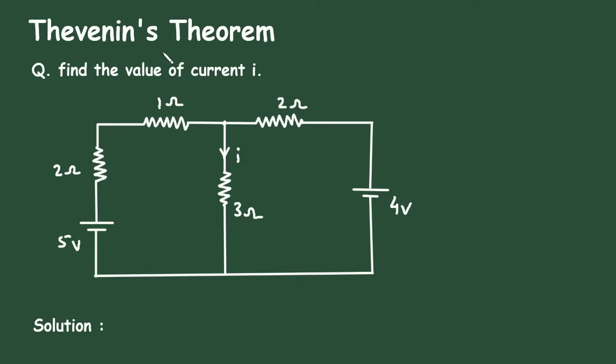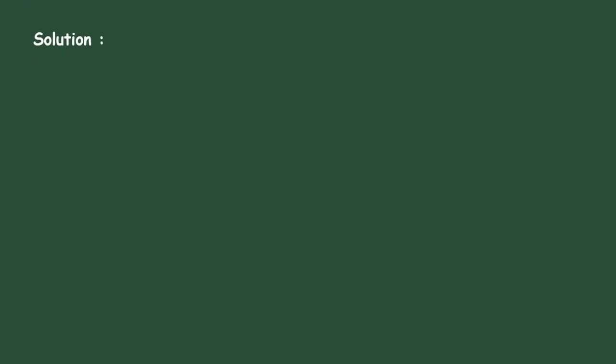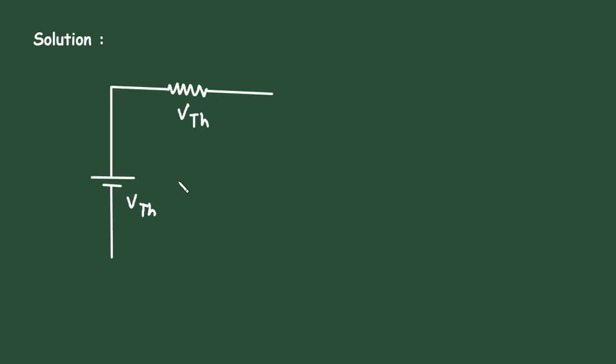Thevenin's theorem. Question. Find the value of current I by using Thevenin's theorem. Solution. First of all, let's see the statement of Thevenin's theorem. Thevenin's theorem states that a linear two-terminal circuit can be replaced by an equivalent circuit consisting of a voltage source VTH in series with resistor RTH, where VTH is the open circuit voltage at the terminals and RTH,